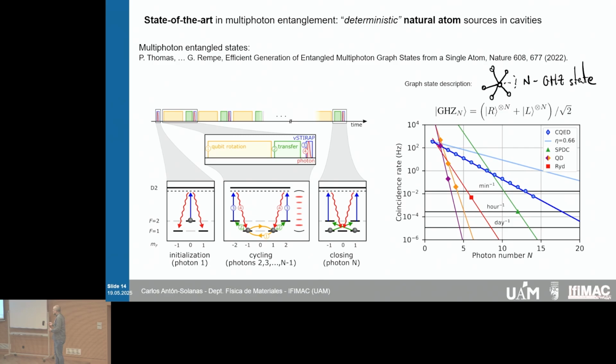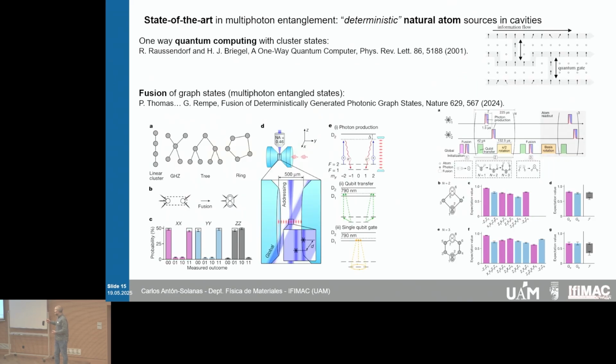Okay, so also on this line, something that many people are pursuing is to apply gates or fusion gates among these multi-photon entangled states. And this is also another result from the group of Rempe, where basically they have some new protocols in order to generate these multi-photon states, make partial measurements, and use that final state in order to make even